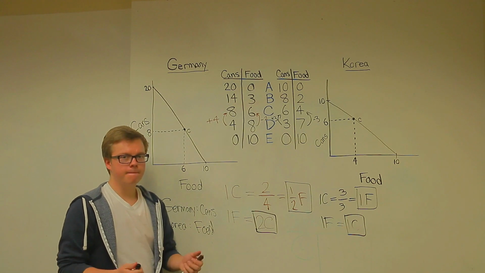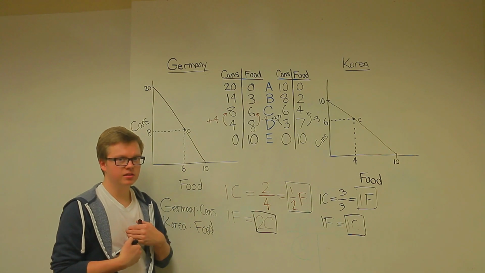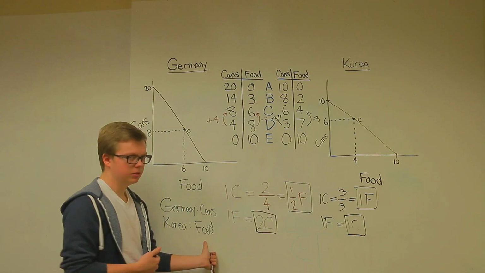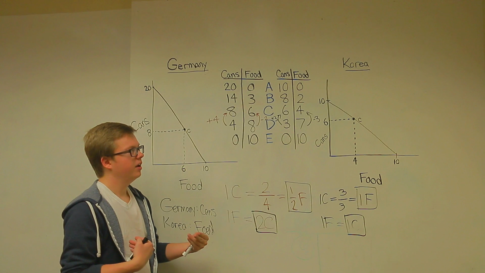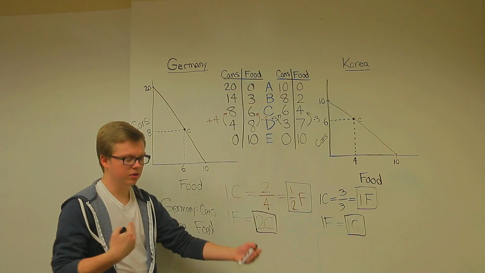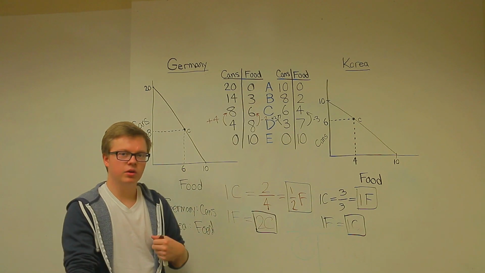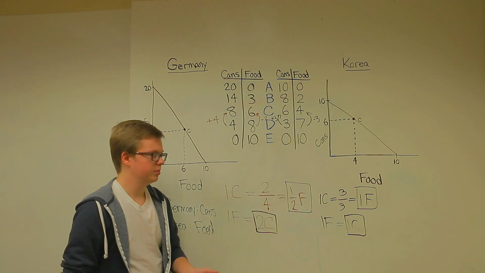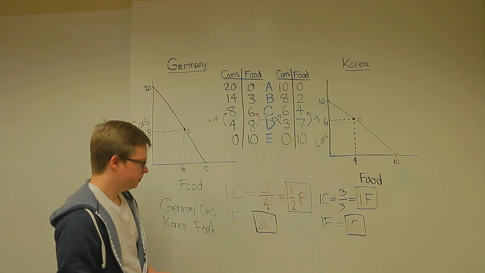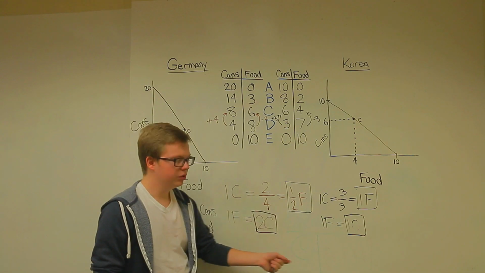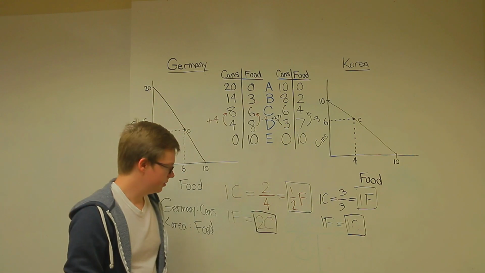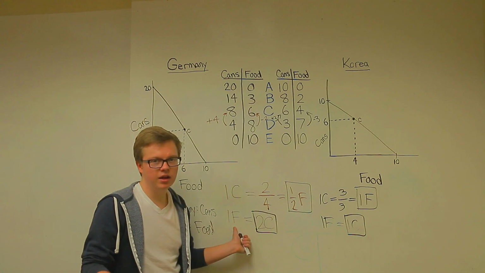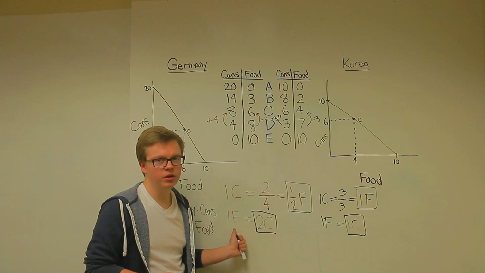So ideally, they would specialize in producing cans and export those to Korea, while Korea would specialize in producing food and export that to Germany. So they're specializing in what they're good at and then swapping resources to make both countries better off. So a good trade rate is, well, let's see, if we want to ask ourselves what's the trade rate for 1 unit of food,